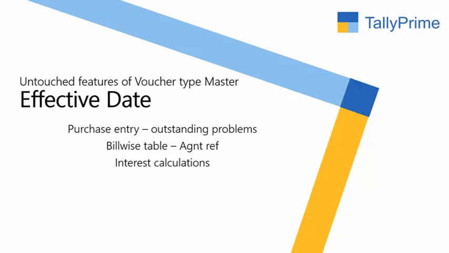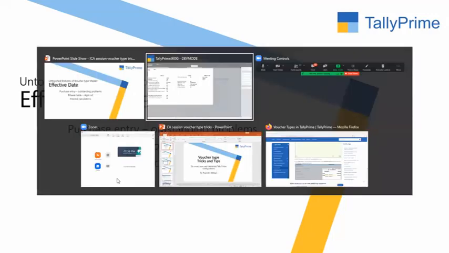While we are going to pay that party, the party is asking me why you are considering days from your entry date. My invoice is on 31st January. Then why should I miss those 5 days? That is your mistake, that you are taking this voucher late. So it is the best feature of Tally.